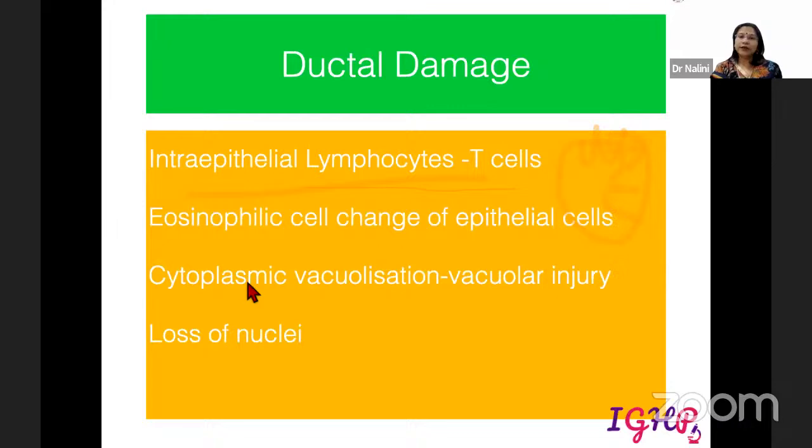Then moving on to the third thing that we are going to see in the ductal system is your cytoplasmic vacuolization. That is also known as vacuolar injury, similar to what we see for the lichenoid type of inflammation. So there are going to be these cytoplasmic vacuoles within the ductal epithelial cells, and there could also be some clearing of the cytoplasm. And finally, as a result of this lymphocytic infiltrate, there could be loss of nuclei. So when you see a spectrum of these changes, or when you see some of these changes, then that is the time when you are going to call it